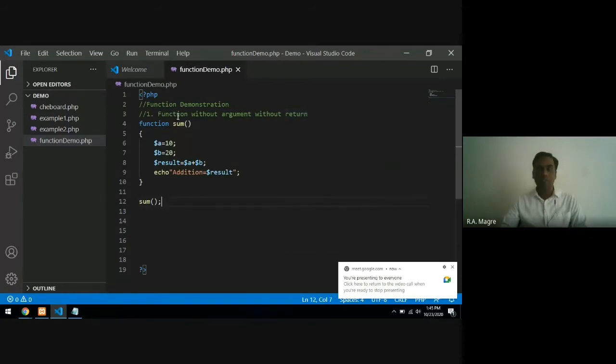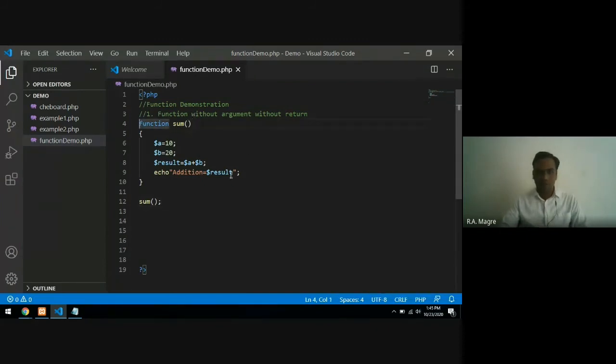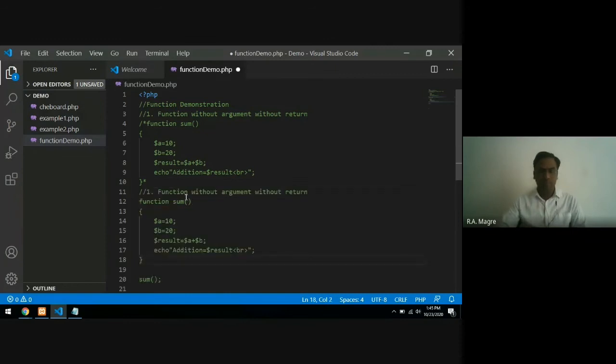Now we will see function with argument and without return. With argument and without return. I'll copy this. And this is number 2.